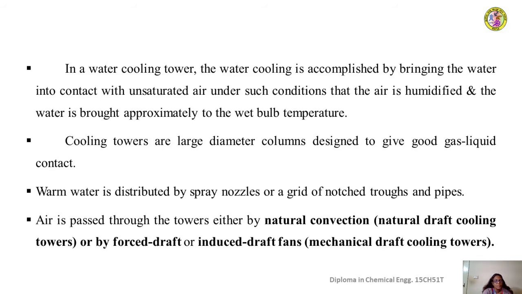Air can be passed through the tower in two ways. Either by creating a natural convection, in which case the cooling towers are called natural draft cooling towers, or it may be made to circulate through the tower by using gas moving equipment such as fans. Then they are called mechanical draft cooling towers. Mechanical draft cooling towers are again of two types: forced draft cooling towers and induced draft cooling towers. Forced draft cooling towers are the ones which have the fans